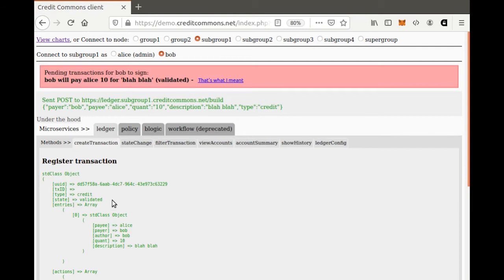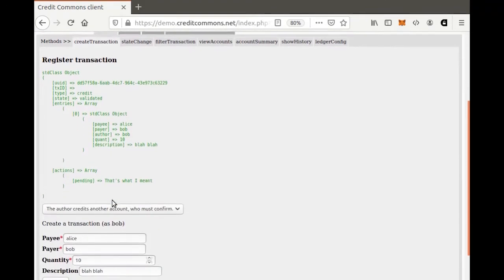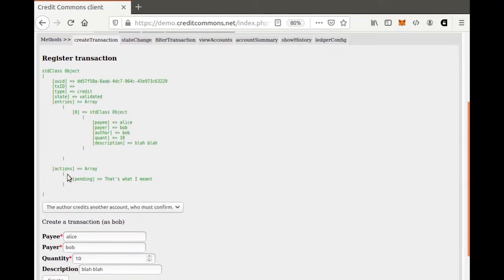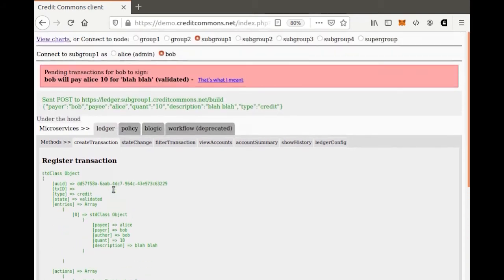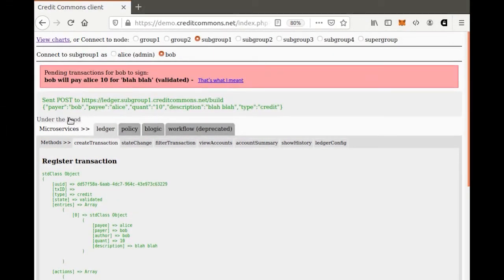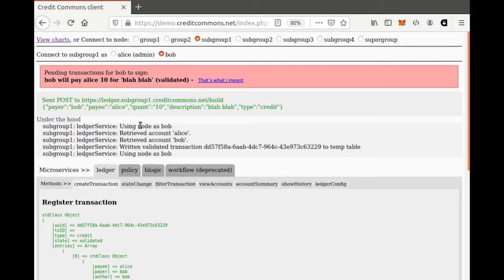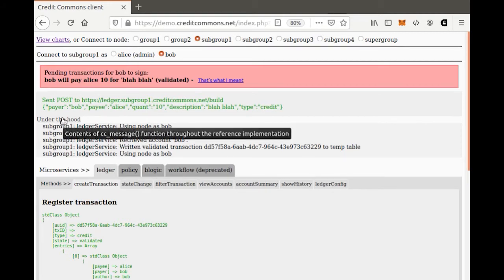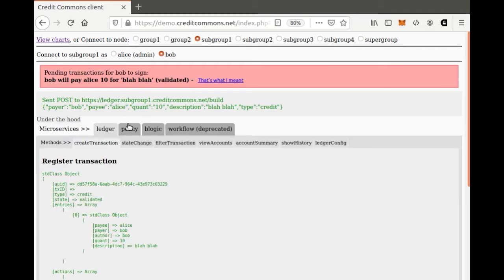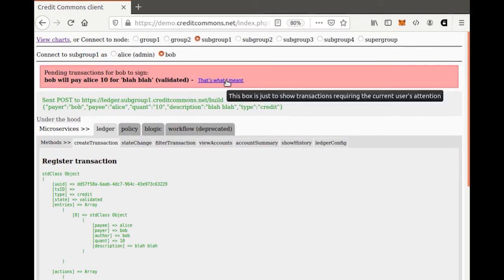And so now the transaction has been validated, it's come back, and I'm asked to confirm it before it gets written to the ledger. Down here we can see the raw object which came back, including the action which I'm permitted to do, and we can also have a look under the hood here, and we can see a kind of step-by-step process about what happened inside the ledger. That's a lot more interesting when we are doing cross-ledger transactions or transversal transactions. So I'm going to agree with that transaction,